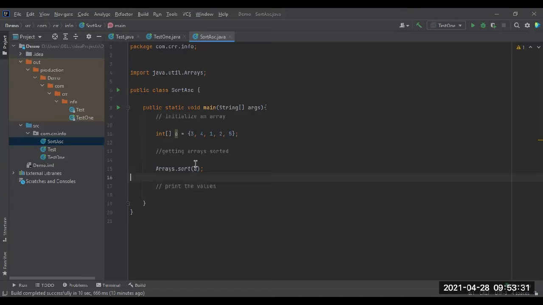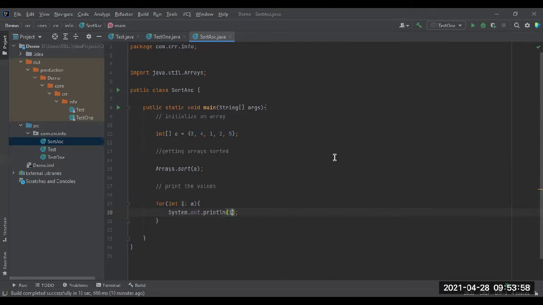Don't get confused. Arrays are sorted and stored in a. Now we are going to print a's values. For that, I'm going to use a for each loop, for int i in a, and System.out.println. Now I'm going to print i.